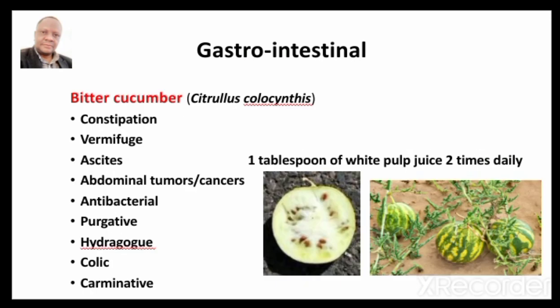We have bitter cucumber, which is the third herb we are looking at, Citrullus colocynthis, egusi bara, known to address things like constipation, worms, that means vermifuge, and when you have a lot of fluid collection in the abdominal cavity, ascites. Very useful. It treats abdominal tumors and cancers. It has antibacterial property. It's a purgative and hydragogue, and that's where we have to be a little bit careful because you wouldn't want to give